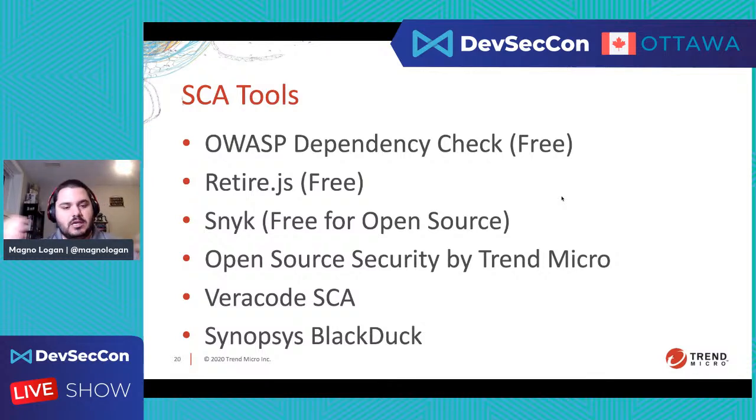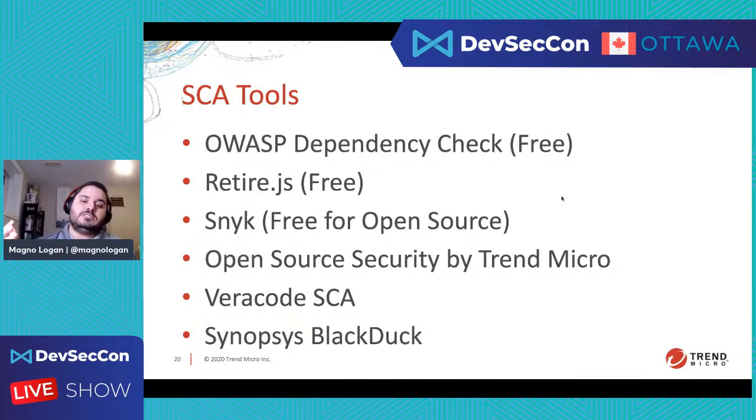And there is Snyk, free for open source, right? Snyk.io, which I'm going to show here in the demo and show how we leverage that. It's one of my tools of choice, especially when it comes to SCA. It's very handy, very easy to use, and it's free for open source. So if you have open source projects, any kind of public repos, you can start using Snyk right away, and I'm going to demonstrate that here today.